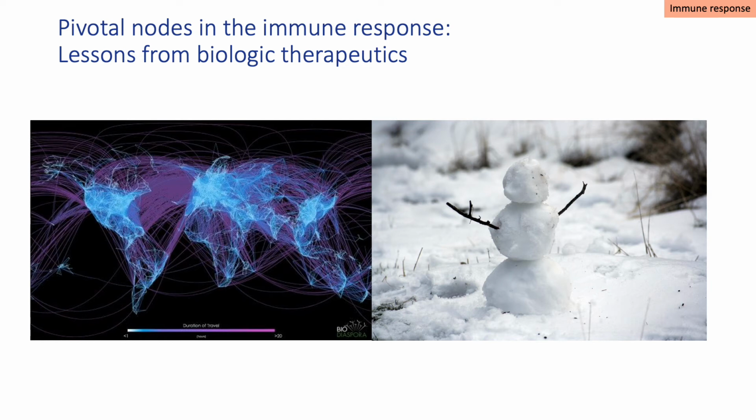Partly because I'm in Scotland and we don't do summer very well, and secondly because when it snows in Glasgow Airport, the airline industry just simply doesn't care. Planes continue to fly around Europe. Glasgow's a great place, but it's not a pivotal node in the airline network. If there's even a centimetre of snow in Heathrow or Schiphol, the European air network stops. That's because Heathrow and Schiphol are pivotal functional nodes.